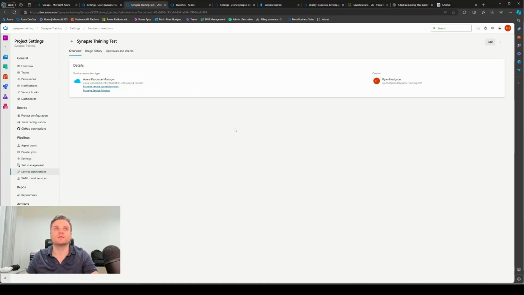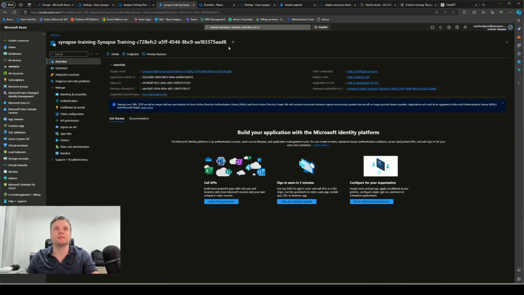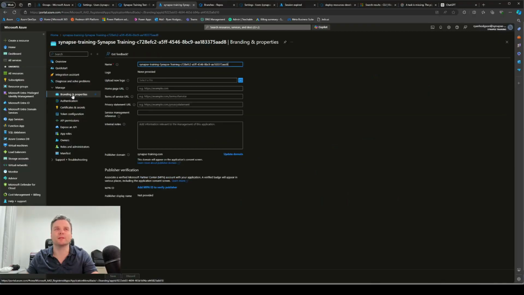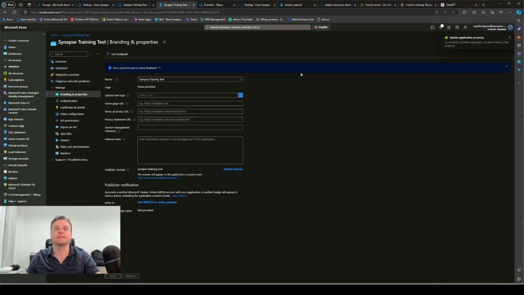After creating that service connection, you'll now be able to go into it and you'll see Manage Service Principal. So now we can see the application registration that was created, and it's this big long name. So we want to update that to be a bit more relevant. Just go to Branding and Properties on the left, and we can update that to be the same name as the connection that we have in Azure DevOps. So call it Synapse Training Test because that's the name of the service connection that I made. Click Save. And now we need to copy the name of this,